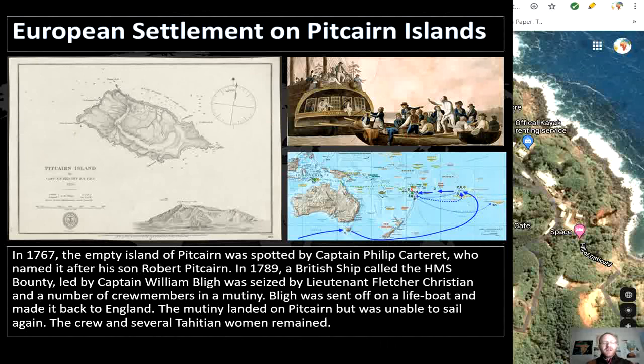A 5-month layover in Tahiti, during which many of these men lived ashore and formed relationships with native Polynesians, led many men to be less amenable to military discipline. Relations between Bligh and his crew deteriorated after he began handing out increasingly harsh punishment, criticisms, and abuse, Christian being a particular target. Now, after 3 weeks